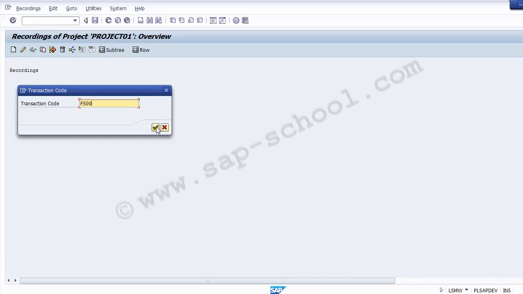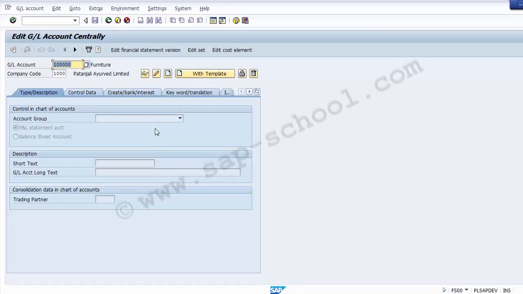So moving on to the next, continue. Now you can see on the screen that the transaction has been called up, and now we'll be creating the recording for it, and we need to assign the GL number over here which needs to be created. The GL which we will be creating now is, suppose, 100000 for, and once you have taken the GL number over here and the company code on this, we need